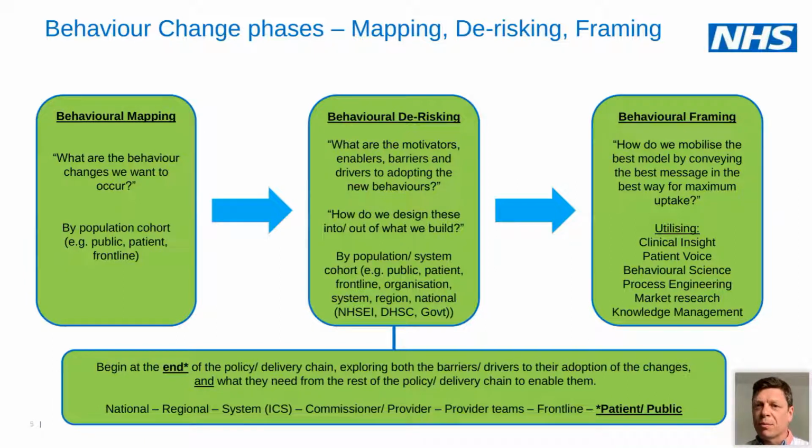So at the end of behavioural mapping, you have, these are the things we want to change, and these are the target audiences, the population cohorts that we need to work with, because they're the ones who need to ultimately make that change. And once you understand that, you can go into behavioural de-risking, which is to actually go to